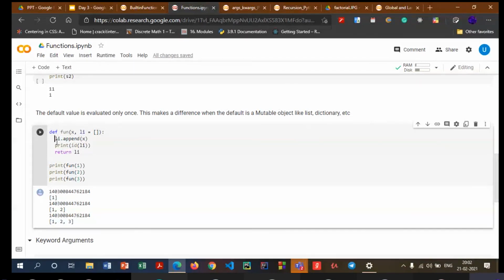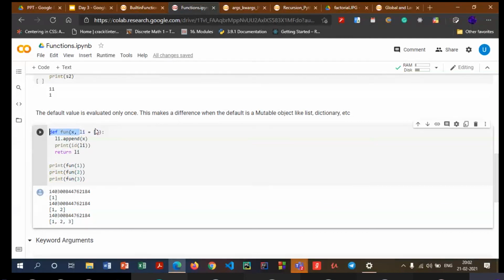What I want to do is li.append x. We have seen what append is in the previous section. So what it will do is it will add this value x towards the array which has the values 1, 2, and 3. So when I append x, say x is 4, the list will become 1, 2, 3, and 4. So this will do the job of appending those values. Then I print the ID of li. What ID does is it prints the address, the virtual address where the list will be stored, and then I return the same list.